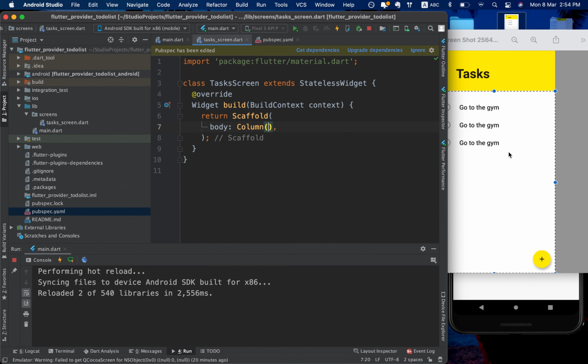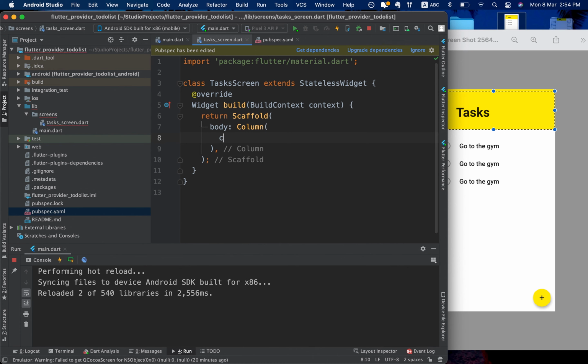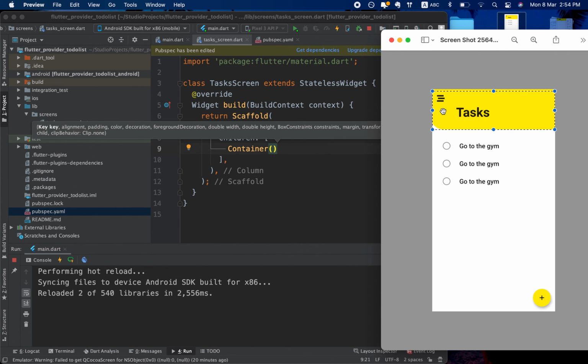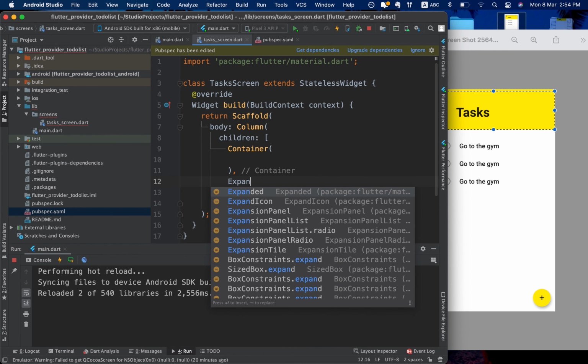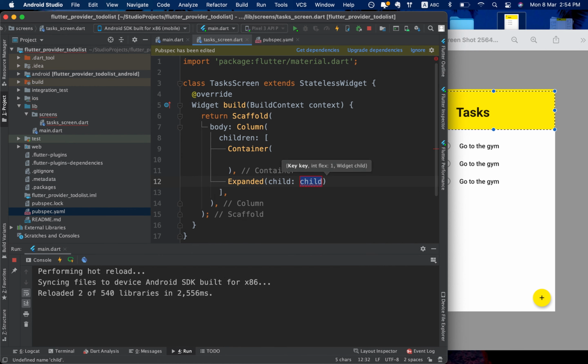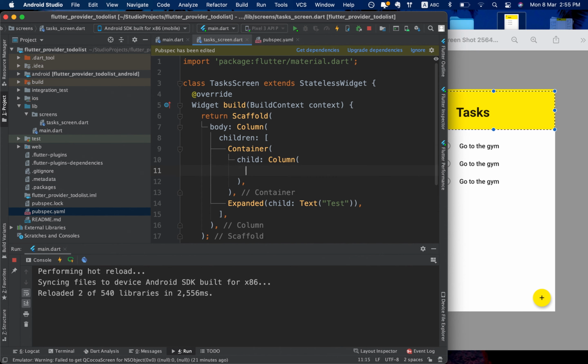So we're gonna focus actually on the first part, which is the top part right here. First, create a column, and then we're gonna create children. The first one would be a container containing the column inside, and then we're gonna put things all together. So I'm gonna create a container, and then another one would be an expanded widget, and add a child as text first, as the word like test, something like that. Okay, and inside the container, I'm gonna create a column, and inside the column, I'm gonna create